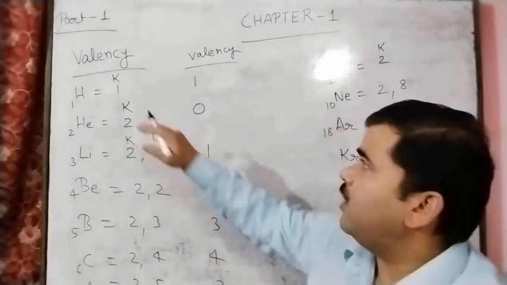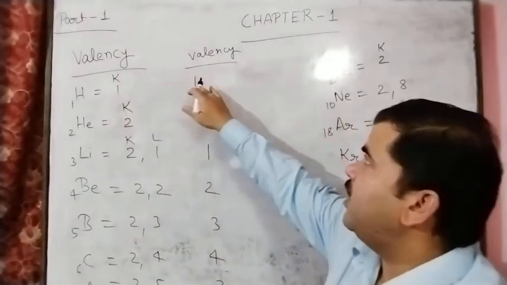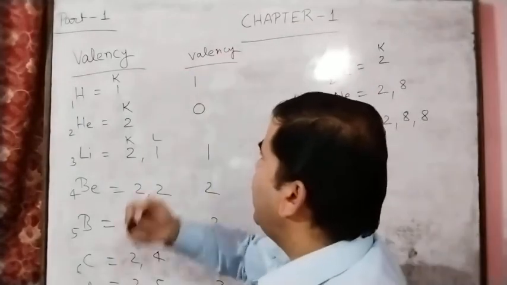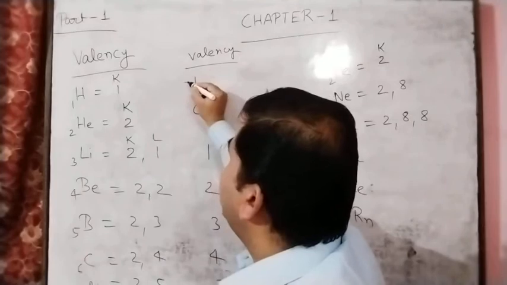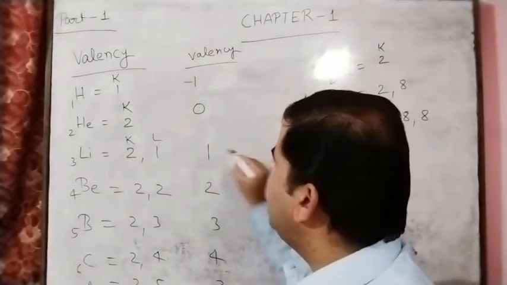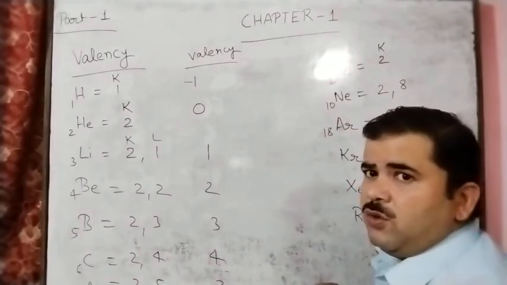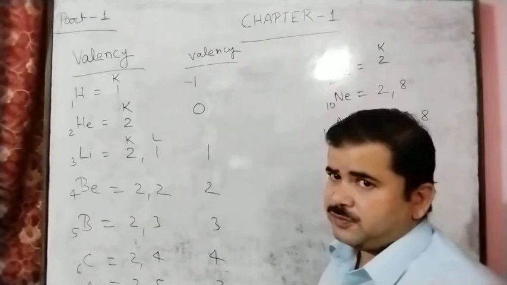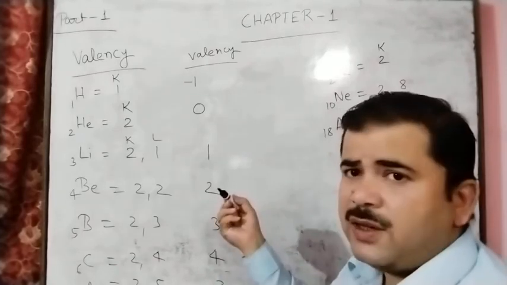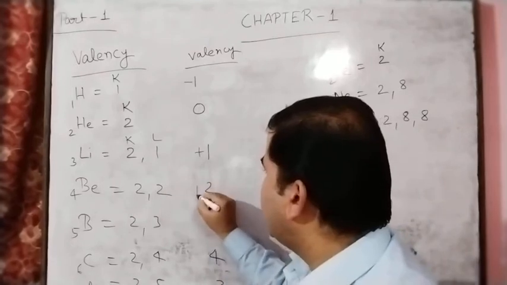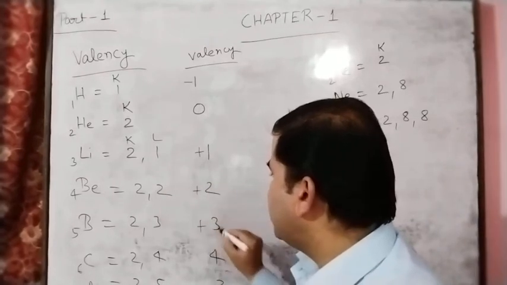So here hydrogen gains 1 electron for acquiring the helium electronic configuration. Gaining of electrons, so minus sign we can represent. And here lithium by losing 1 electron. Losing means loss of electron, and for the loss of electron, you know very well, plus sign. So here plus sign we can give. And here also loss of electron, plus sign, here also plus sign.